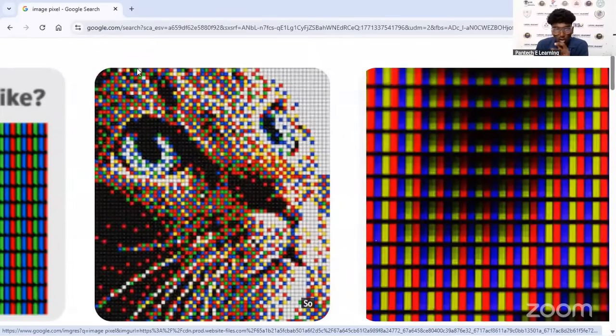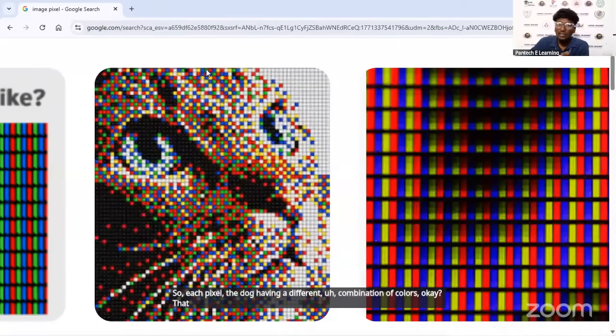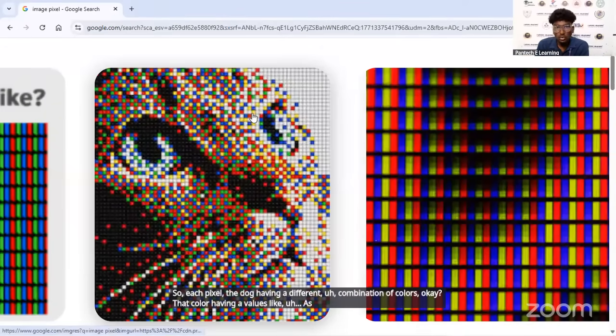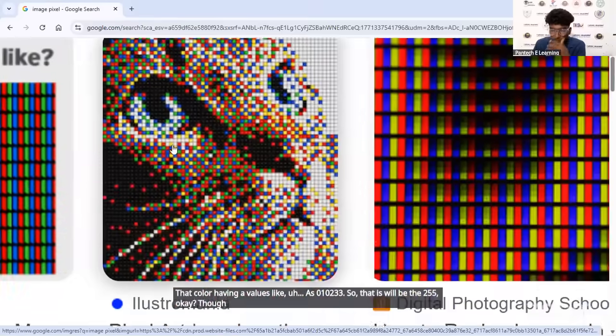Each pixel, each dot, has a different combination of colors. Each color has values from 0 up to 255. These are the colors.